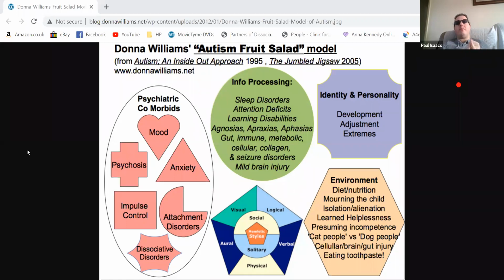She started off with the 3 phases of autism, which were autism, Asperger's, information processing, and exposure anxiety, which I'm going to talk a little bit about today. And then she expanded it further into this fruit salad, which is that autism isn't actually what we're taught. It's a clustering of pre-existing conditions that are based in neurology and or biology.